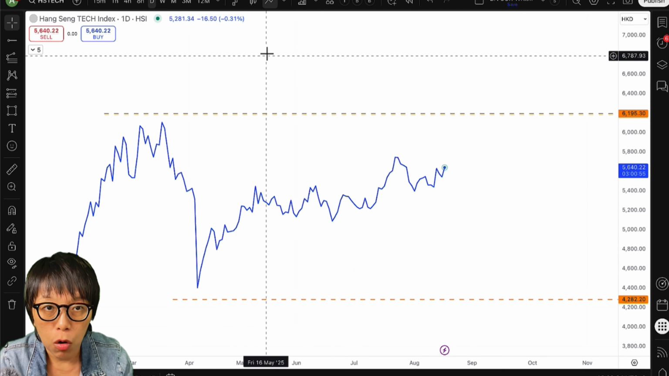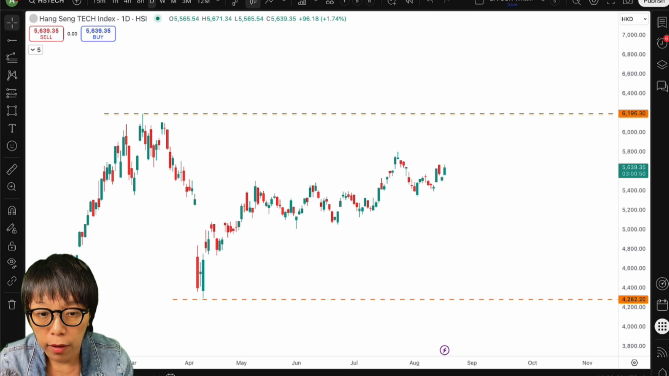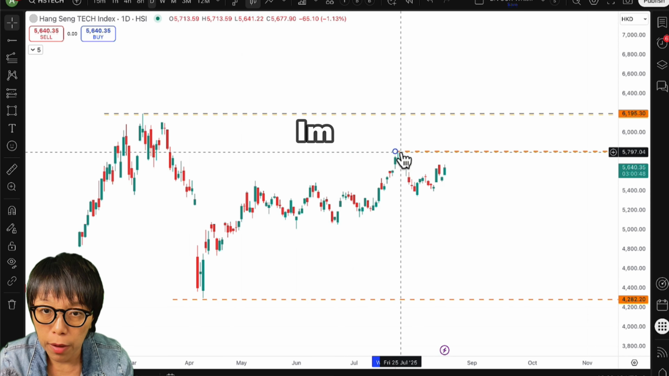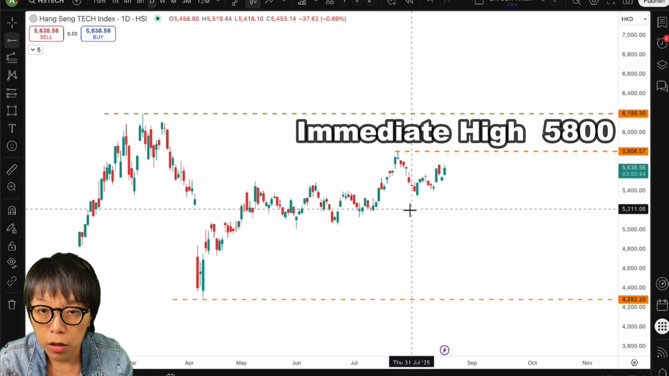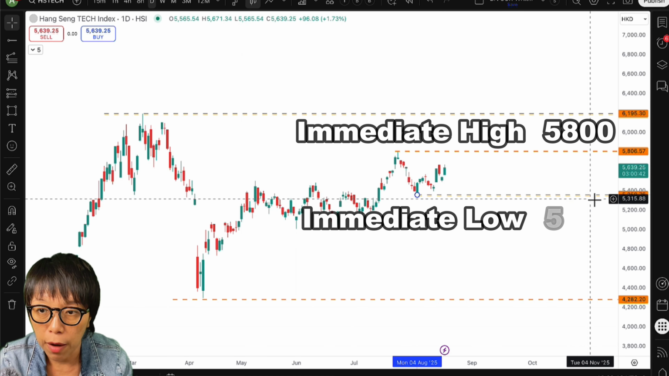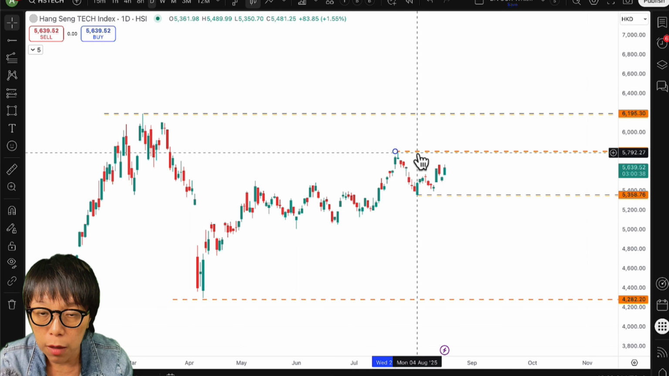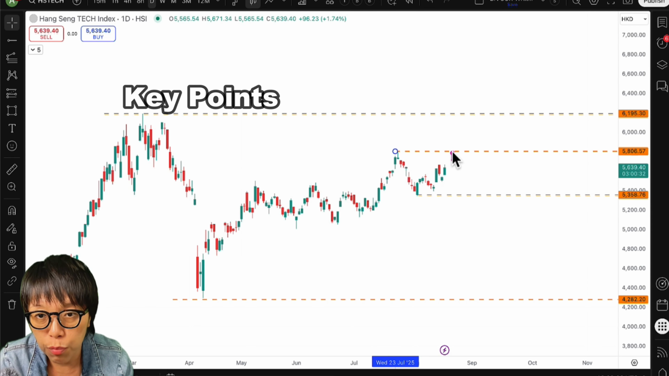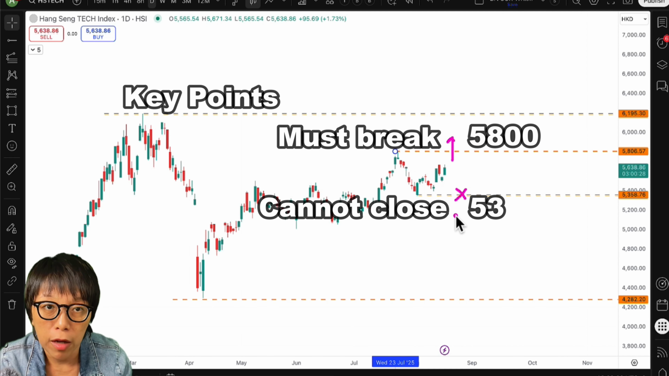Now the key thing is always, if we need to see price moving higher, then Hang Seng Tech would need to close above the immediate high, which is about 5,800, and cannot close below the immediate low, which is about 5,350. So these are the key points: Hang Seng Tech must break higher than 5,800, and cannot close below